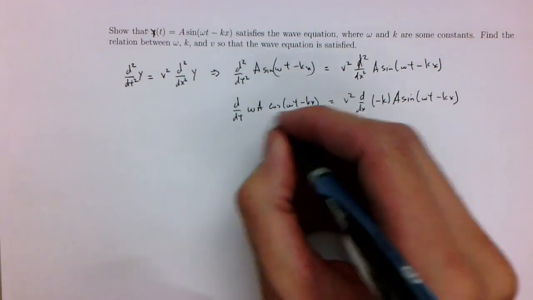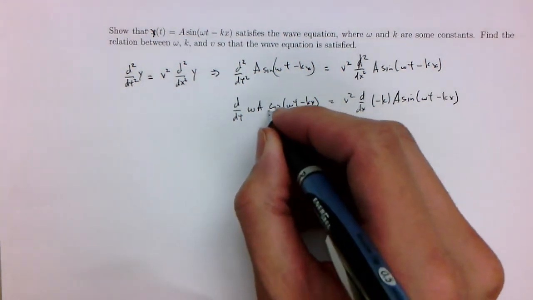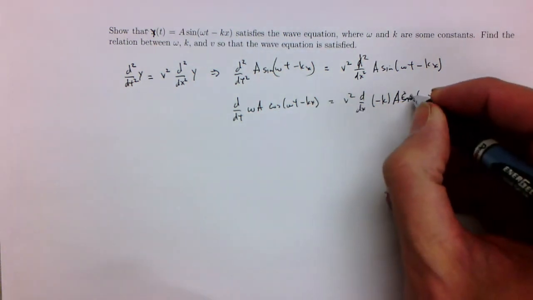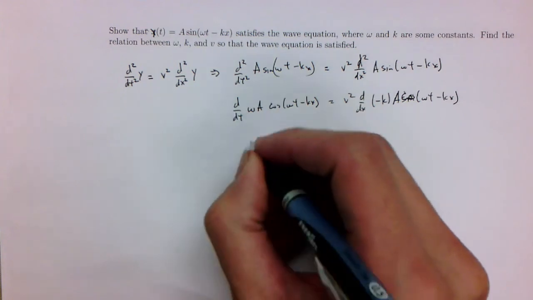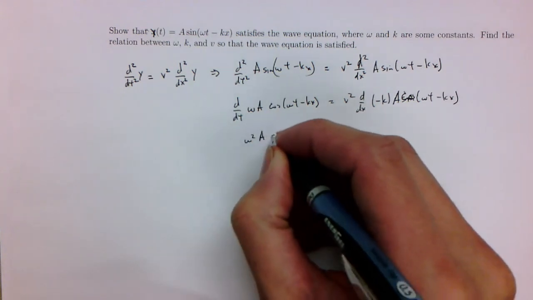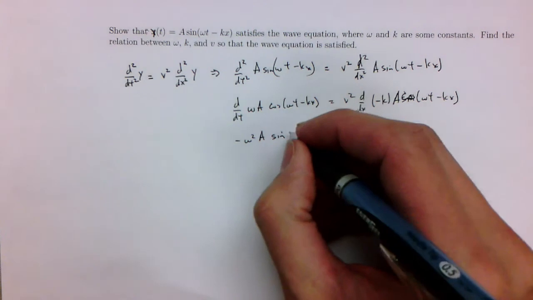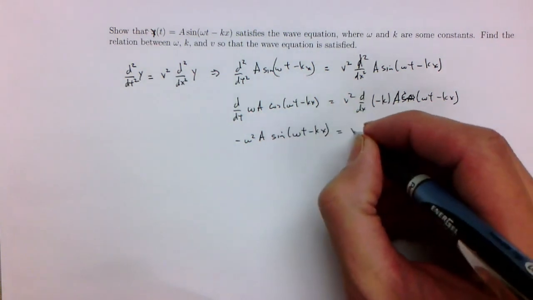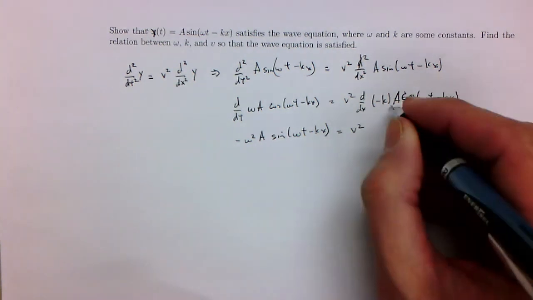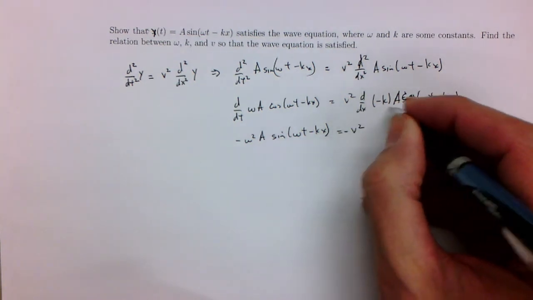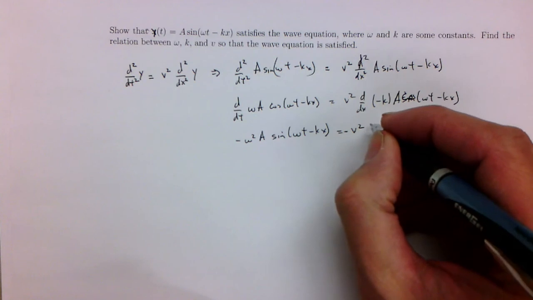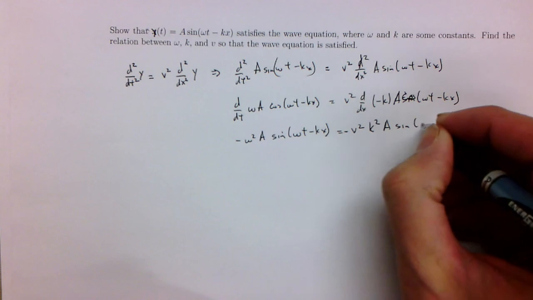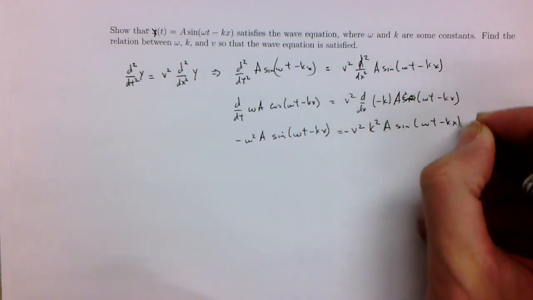Let's do it one more time. This hits again, we'll give a minus sign here, but then we'll get another cosine. Oh, sorry, this will be cosine here. So it'll be omega squared A sine with a minus sign, omega t minus kx, is equal to v squared. Then we pull another minus k here, but there's still a minus sign from this, so this will be